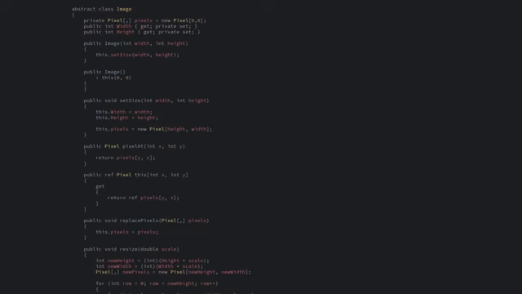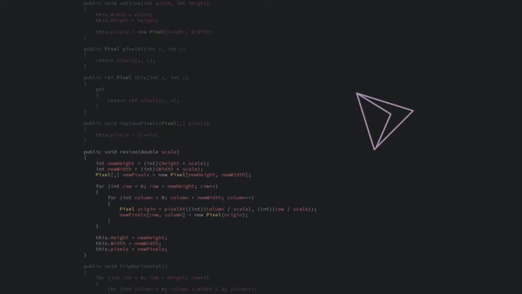We have a rudimentary image class here. It represents an RGB image and stores it as a double array of pixels. The image class hides how the image is stored in memory and provides a method for looking up pixel values. We also have some stuff we can do to the image. We have a resize method which resizes the image by scale factor, and we have methods to flip the image